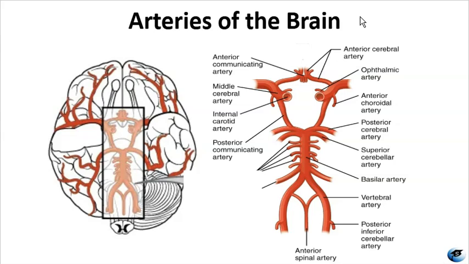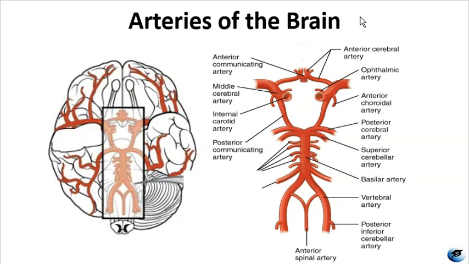circle of Willis. Posteriorly, the basilar artery runs along the brainstem and gives off branches like the superior cerebral artery and anterior inferior cerebral artery. The vertebral arteries merge to form the basilar artery and also give off the posterior inferior cerebral artery. The posterior cerebral artery arises from the basilar artery and supplies the occipital lobes and inferior temporal lobes. Small communicating arteries like the posterior communicating artery connect the posterior and anterior circulations, which also helps form the circle